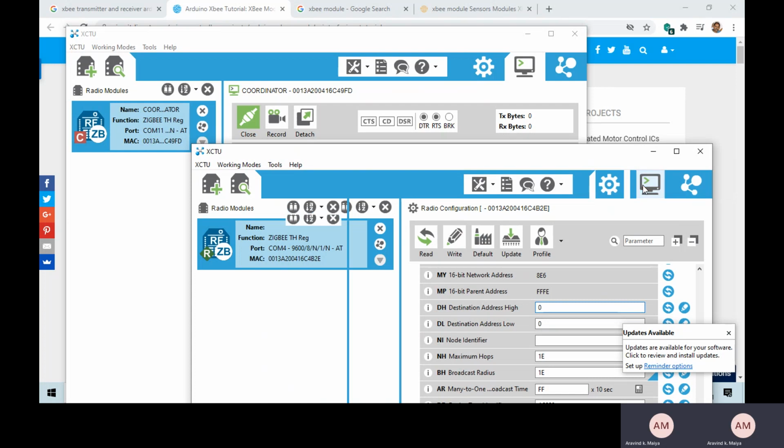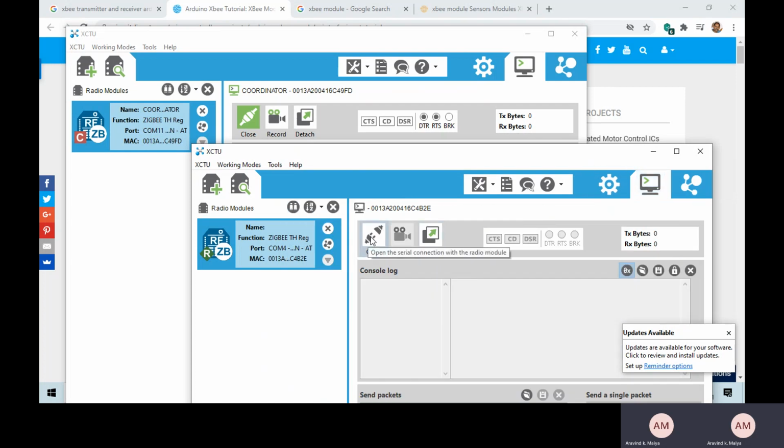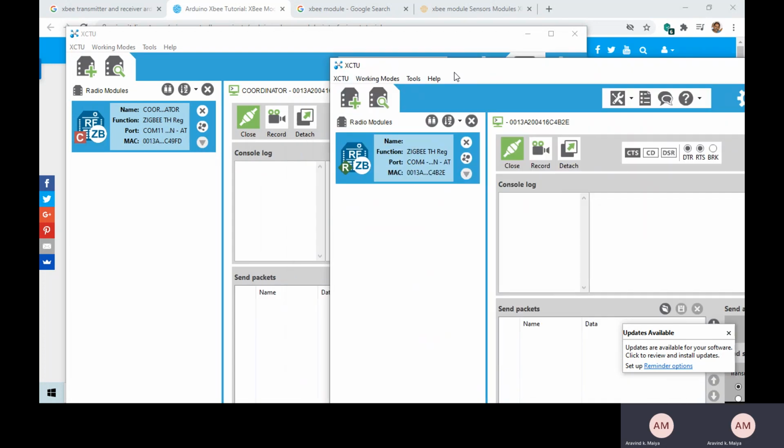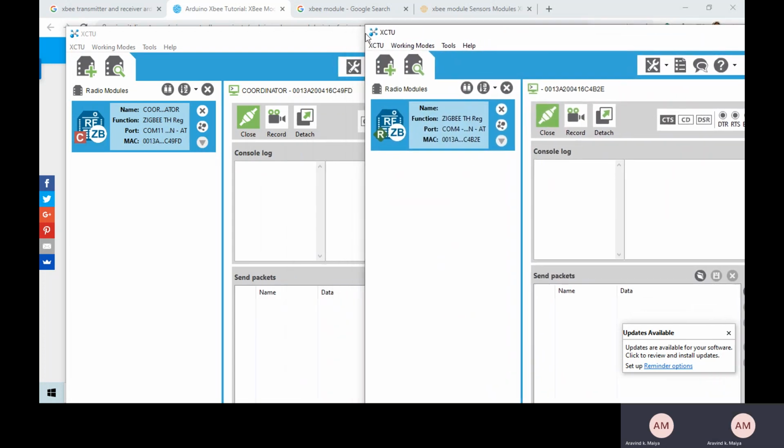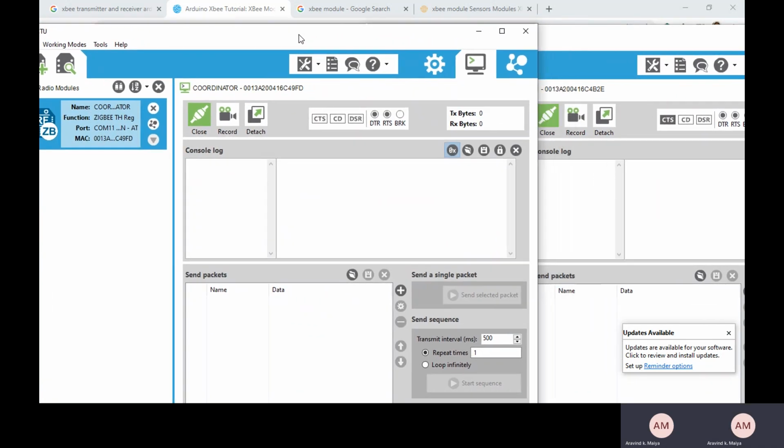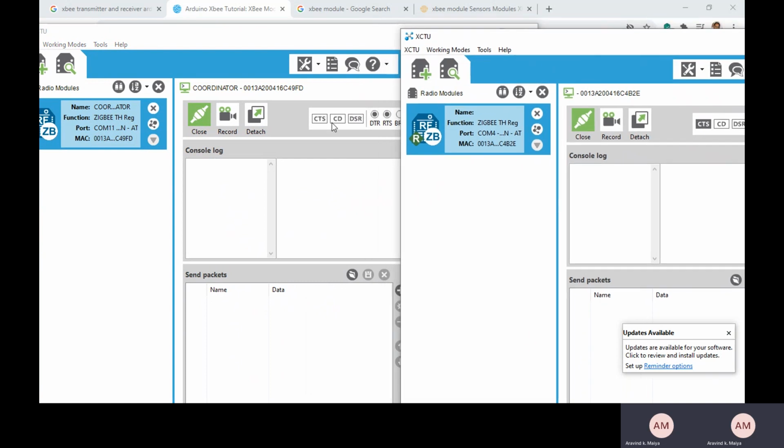Now you see here we have two console logs. This is the serial monitor of the transmitter and this is the serial monitor of the receiver.